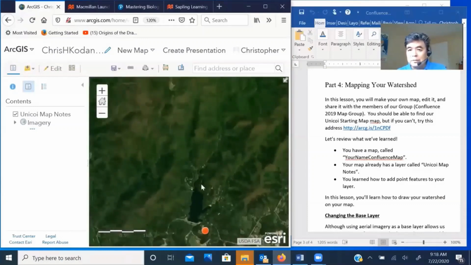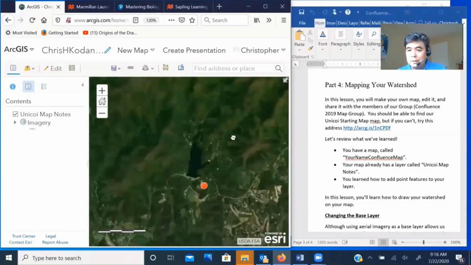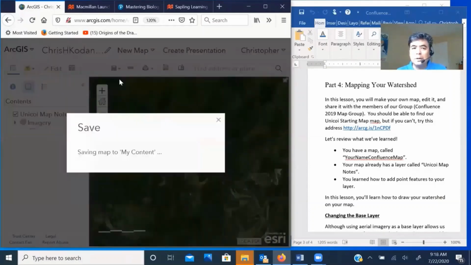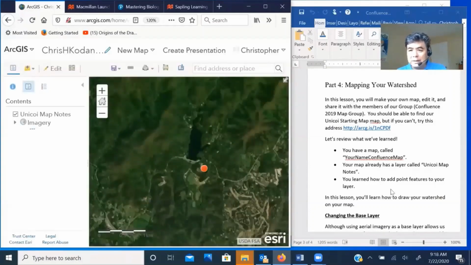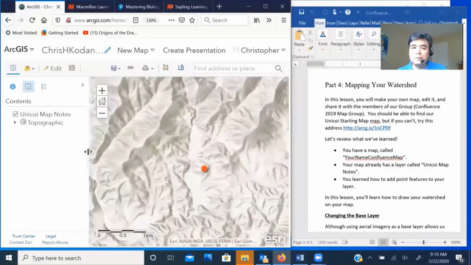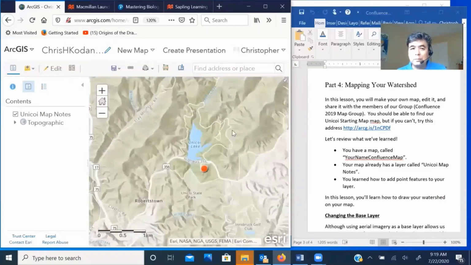Things are a little bit hard to see with this base layer that we've got. This map that we're seeing, which is actually just the imagery of the area, is called the base map. One of the things that will help us with delineating our watershed is changing the base map to something that we can use. There are topographic maps available to us. So we can change to that, and you see, oh, this brings us something a little bit clearer and helps us to see the area